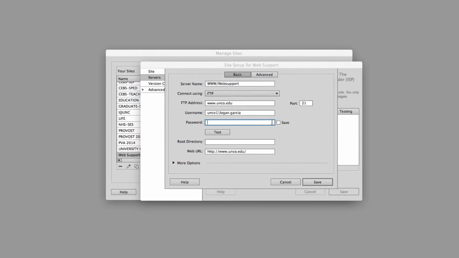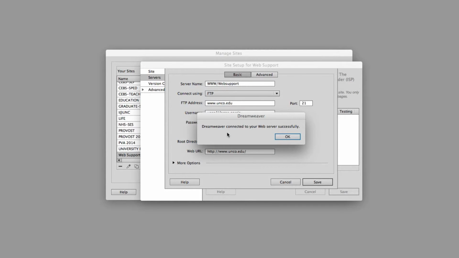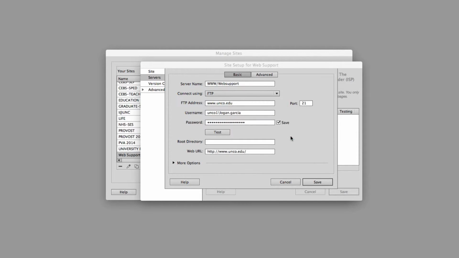If you want Dreamweaver to prompt you for a password each time you connect to the remote server, uncheck the box next to Save. Test the connection to ensure you can successfully connect. If Dreamweaver is unable to connect, ensure you have entered your correct username and password. The root directory for your site might not be the URL you use to access it online. In my example, it is. If you are unsure, have us verify the root directory of your site before continuing.